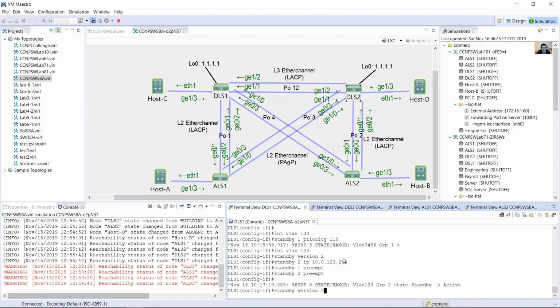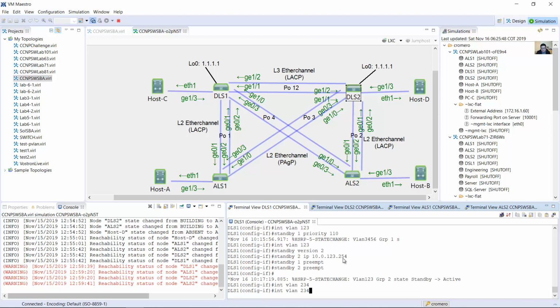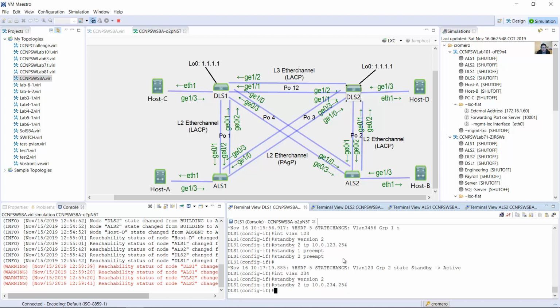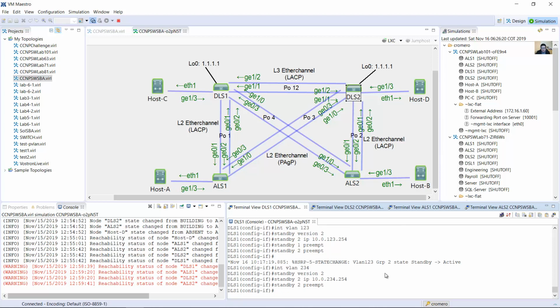Okay, 234, version 2, 10.0.234.254. Remember group 2 and preempt on group 2. And